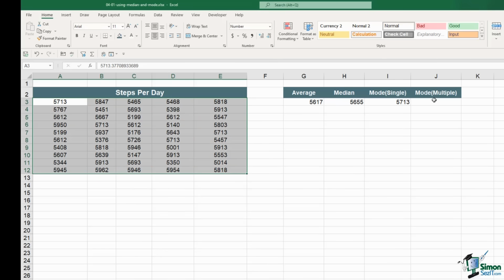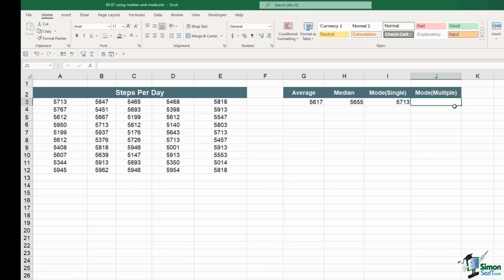And this is pretty much what mode multiple does. It will find the value that occurs the most, so in this case it's going to be 5713. We know that this occurs 4 times, but mode multiple will also show us all of the other values that also occur 4 times. And this is something that the old mode function in earlier versions of Excel couldn't handle. Hence why we now have 2 new formulas. So if we do